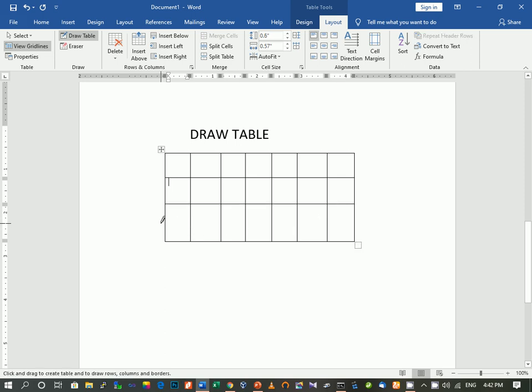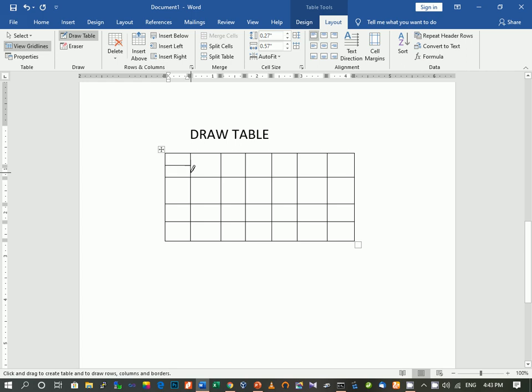Here we have drawn the rows. So here you can see that these two rows are of the same size, but here this has become a bit larger. So all these things you'll have to take care of in this process. Then, this method is mainly useful if you want to subdivide a cell into two parts.